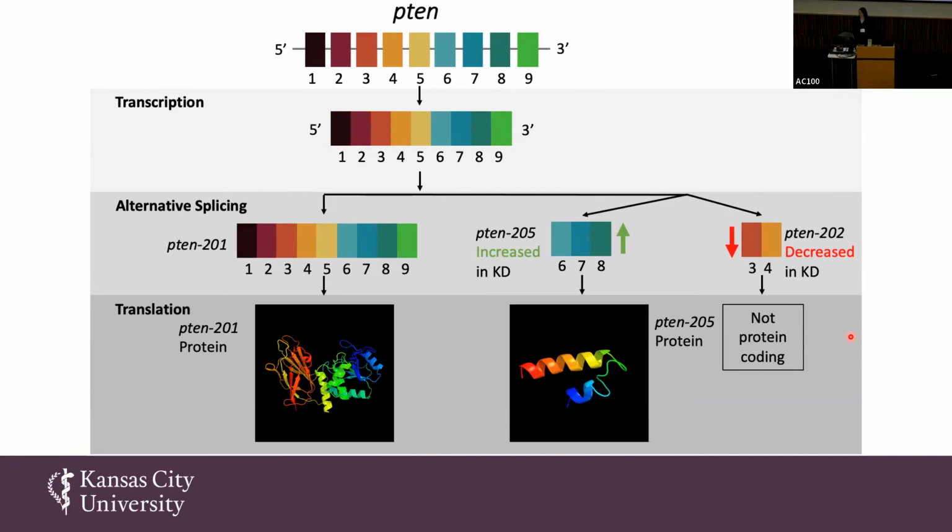Okay, so my question is, when you knock down, you enrich the other splicing form, right? Sorry, could you repeat that? When you knock down the RNA, you enrich for the other splicing forms, or what? Is that what happens? I'm sorry, could you repeat that? Do you enrich for the other? So are the other splicing forms enriched? That's what happens? I'm sorry, I don't think I understand. I'm really interested in P10, because this is really important. Let me see if I can